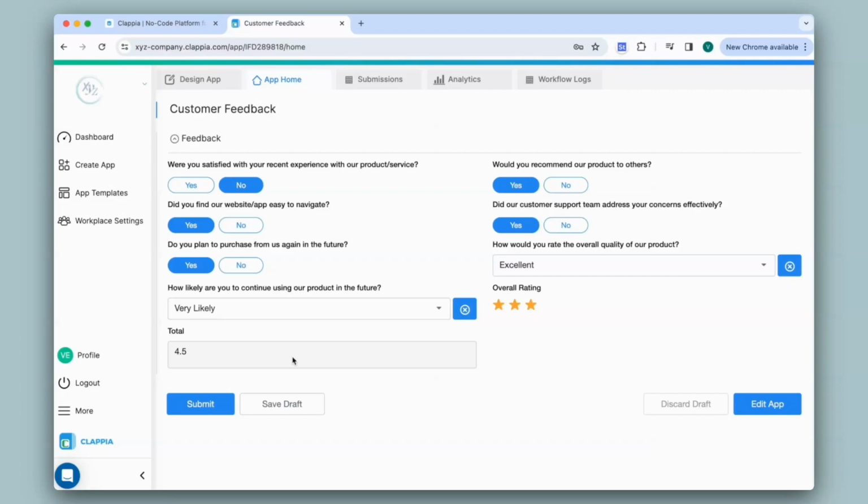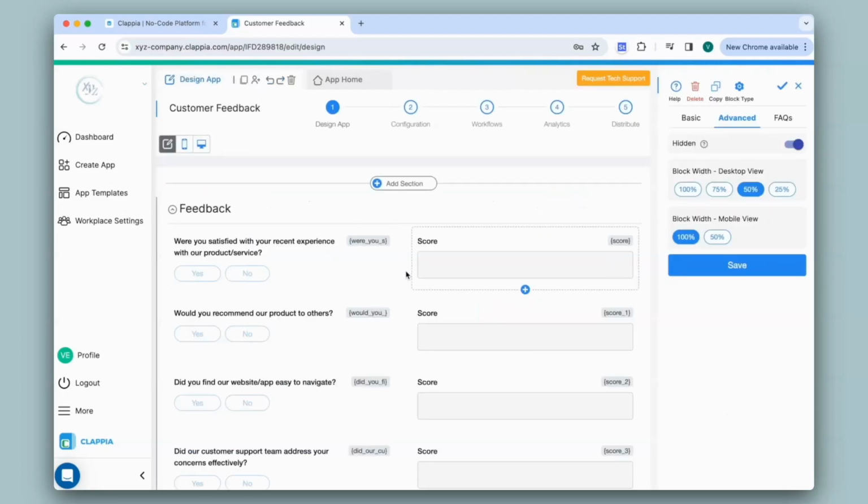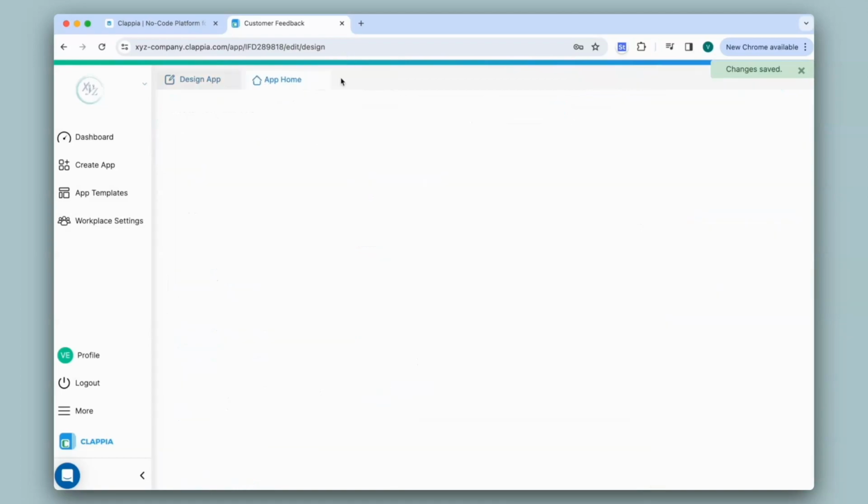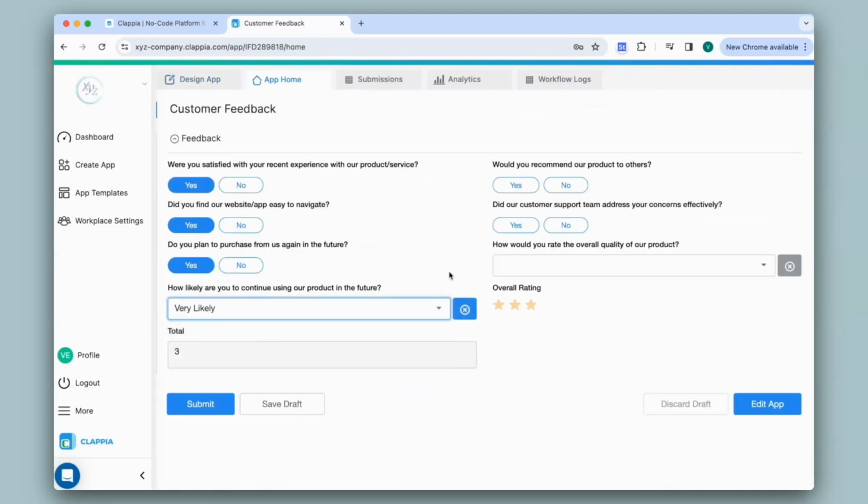Now based on the total score, you can also implement display conditions. For example, if I were to change this back to 10, back to just the sum. So for this field, I'll remove divided by 2. And the total is 10. Now if the overall feedback is 6 and below, I would like to capture additional comments and need for improvement from the customer. But if it is 7 and above, then I will just add an extra comments field.